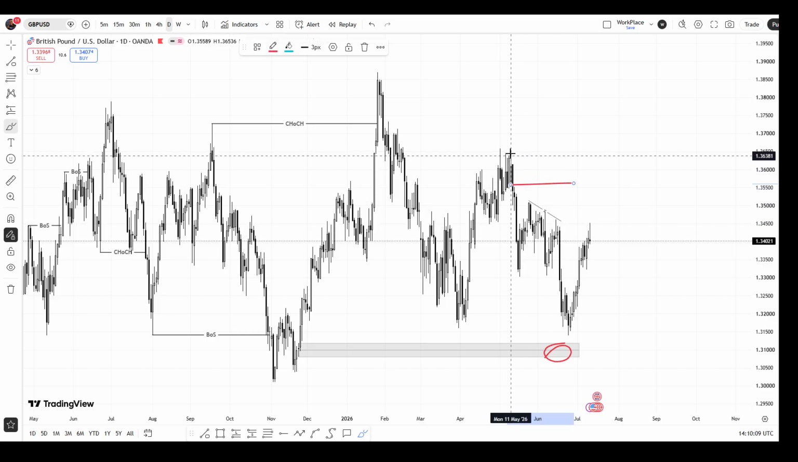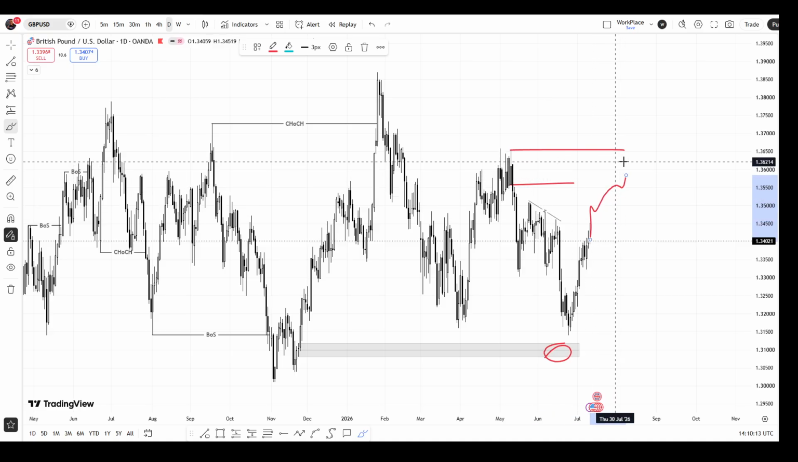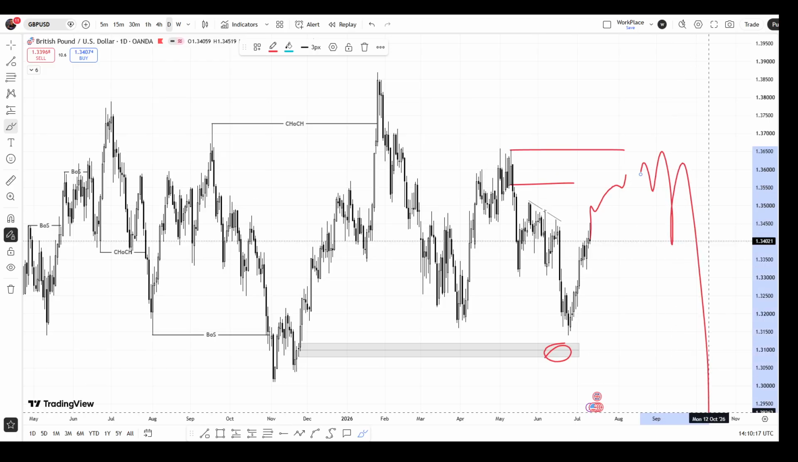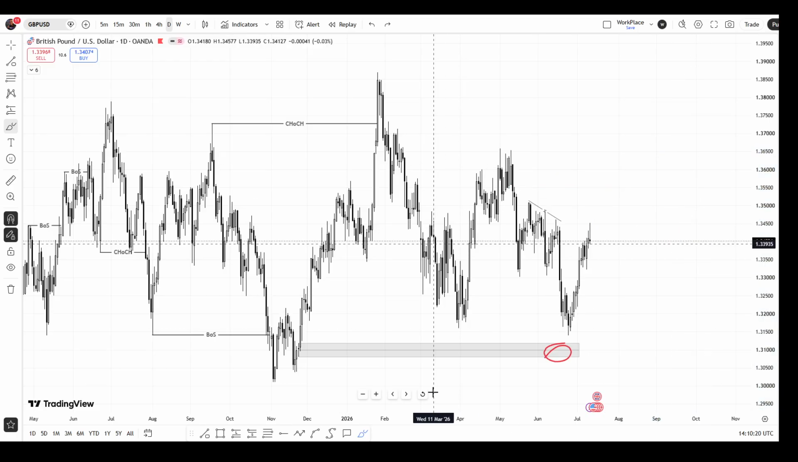We have this other block here. So if price decides to then sweep this high, mitigate this other block, we'll be looking for a lower time frame on the 15 minutes or the 1 hour time frame to then shift to the downside. Okay. So after mitigating this other block here,